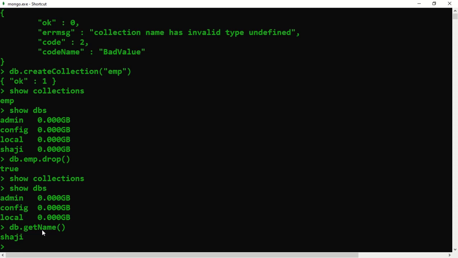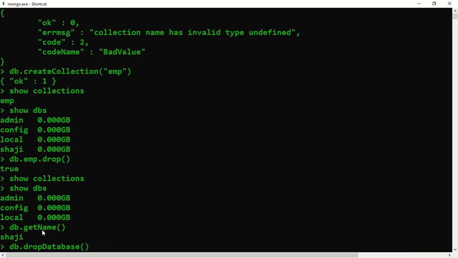How to remove a database? Say db dot dropDatabase, bracket open, bracket close, because it is a function. Remember, the database that is going to be removed is the current database where you are right now.